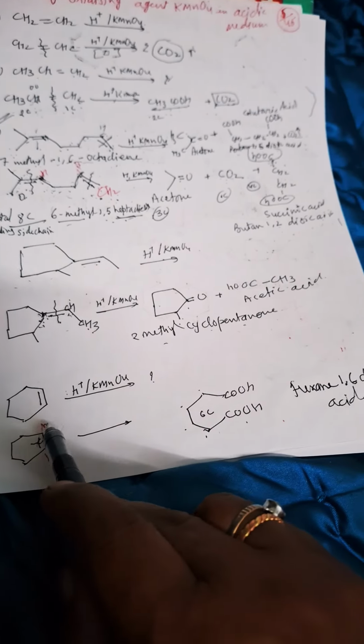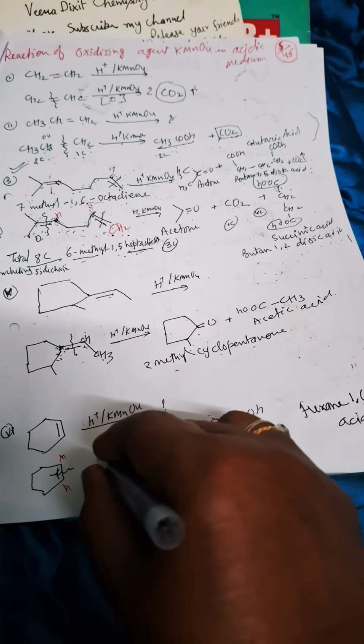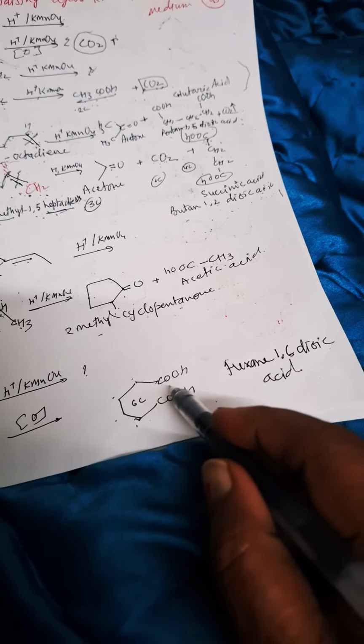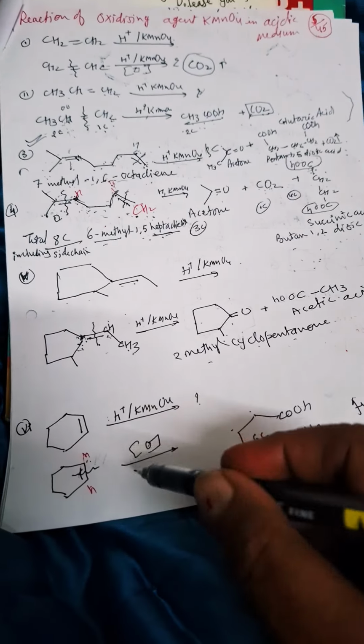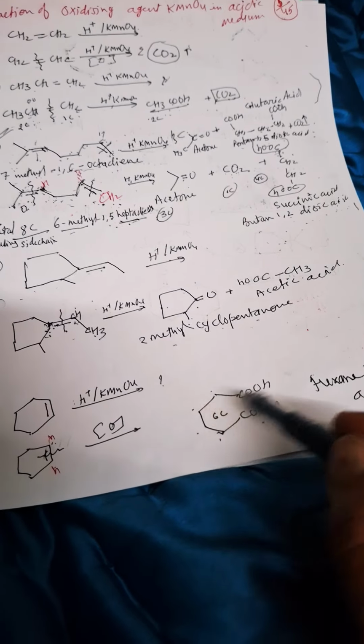Now this cyclohexene, acidified KMnO4, oxidation will occur and cleavage occurs, and we'll get straight chain COOH, 1,6 hexanedioic acid. Clear to you? 1, 2, 3, 4, 5, 6. Just cleave it, because both of them are having hydrogen. So CH bond, so COOH it will be, and the bond is cleaved. So hexane 1,6 dioic acid.